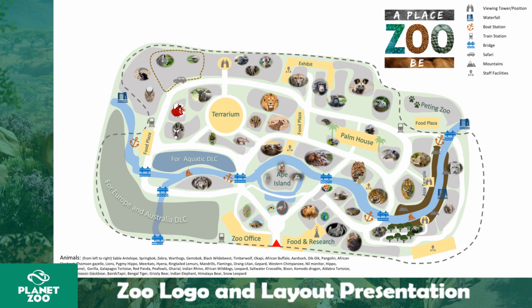Here this brownish stuff that you can see, and you also have these icons. This will be mountains that I would like to build, and through these mountains I would like to let the river go through. That's why I put a viewing tower position here. Here I would like to build something like an Asian temple, because it fits the Bengal tiger and the elephants, and this should be elevated, a little bit in the mountains,